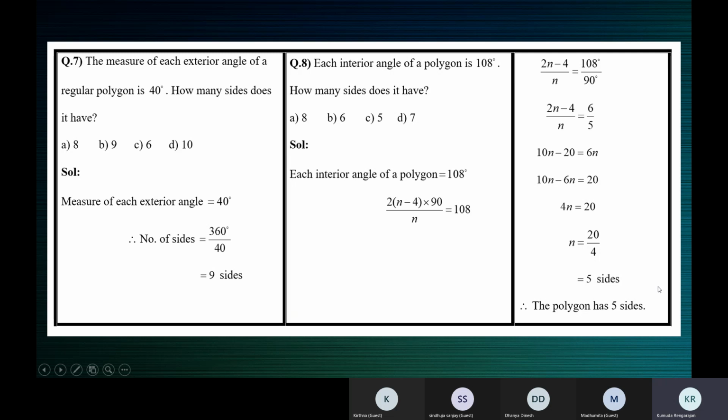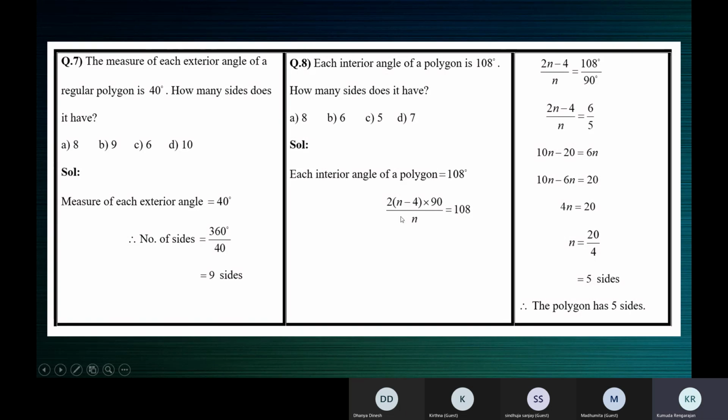So let me just fix it now, maybe I'll forget in the next class when we start the next topic. Let's just do it here. Just imagine this 2 inside the bracket, that's all. So 2n minus 4 into 90. 2n minus 4 is in one bracket. That's the mistake; I have not placed the bracket correctly. The bracket should come here: (2n minus 4) into 90.